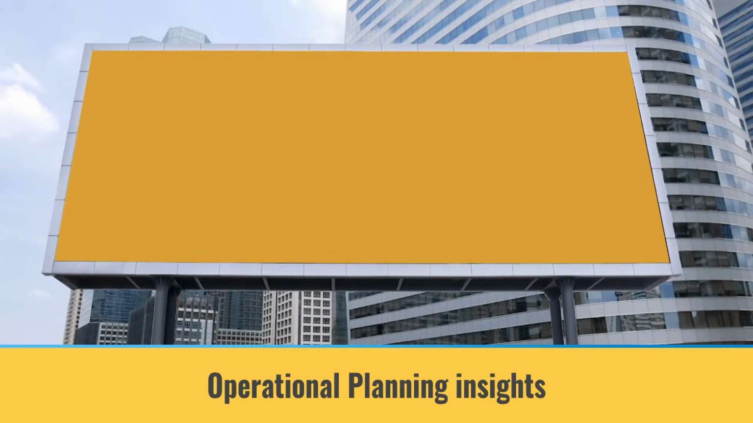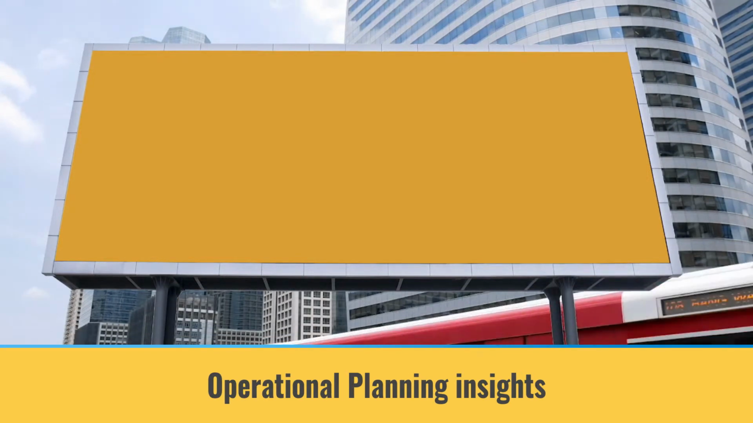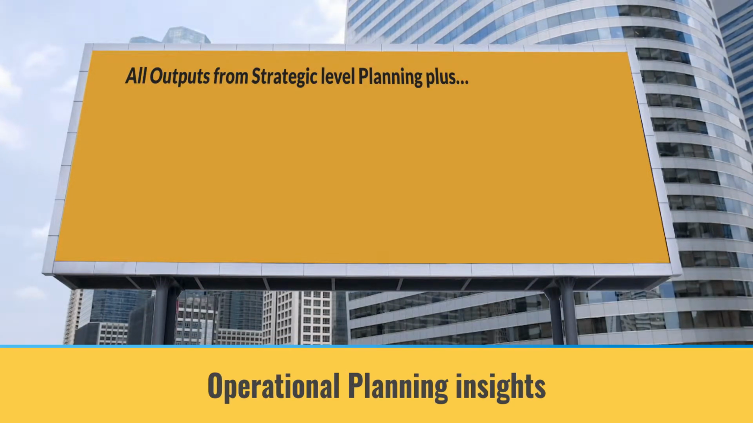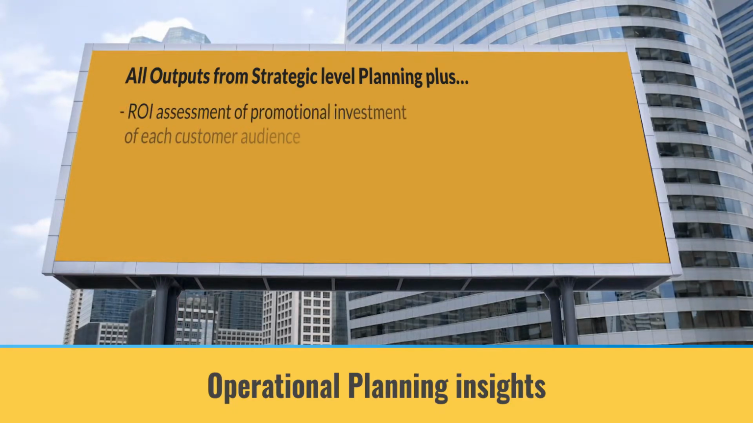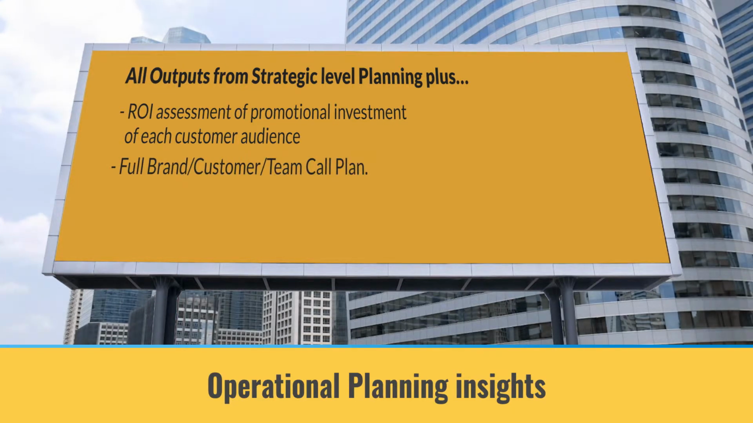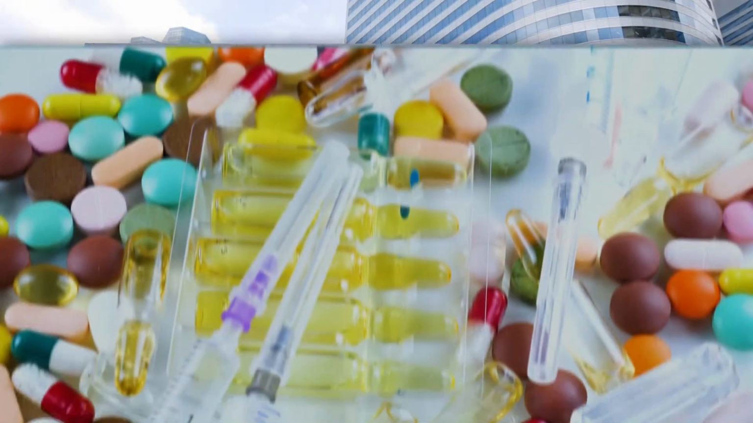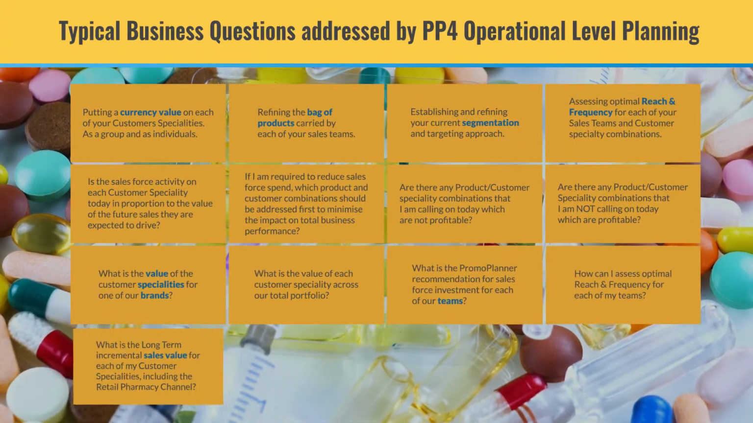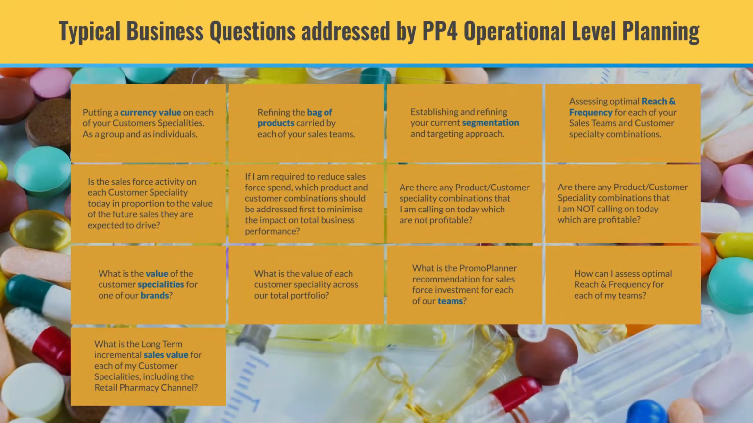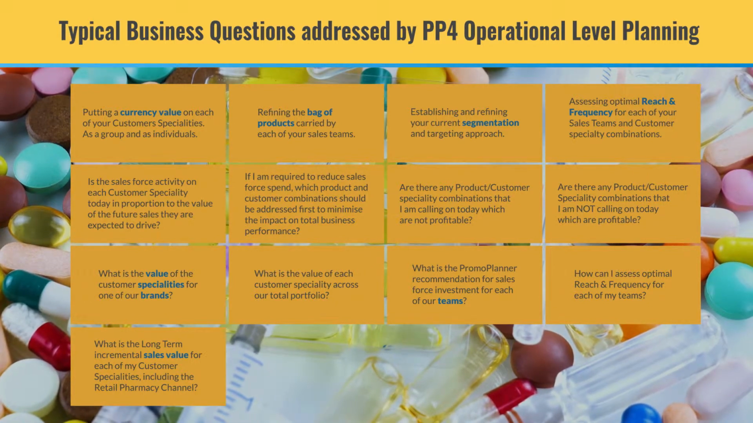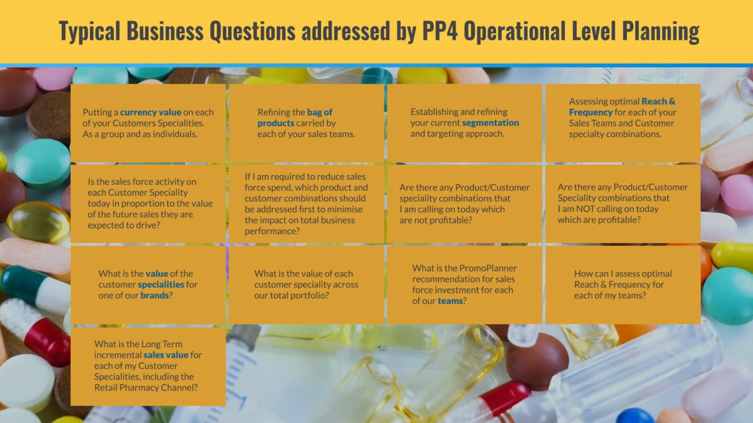Insights from PromoPlanner operational planning exercises include all outputs from strategic level planning plus ROI assessment of promotional investment of each customer audience, full brand, customer, team call plan, and assessment of impact of the new call plan on sales and profit compared to the initial plan. Typical business questions addressed by PromoPlanner operational level planning projects are all questions addressed by strategic planning plus